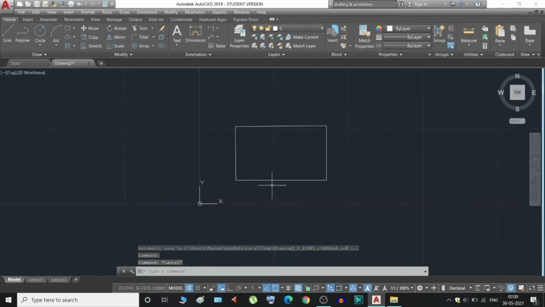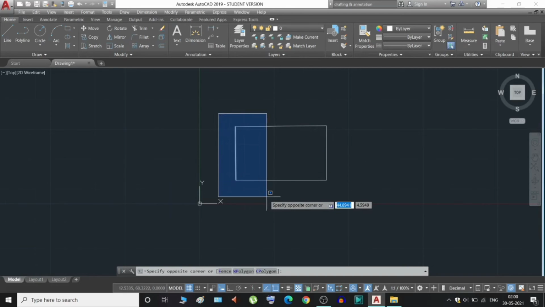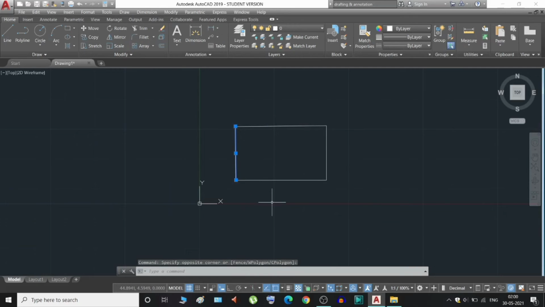In another way you can do it, from left to right selection, you have to select the whole object over here to select that object totally.